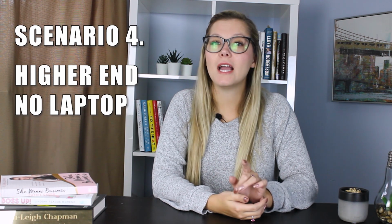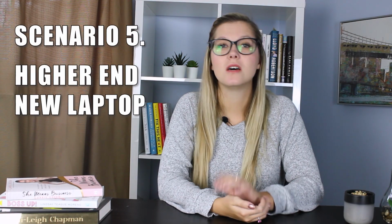Scenario 4, higher end, no laptop. Let's say that you wanted to invest now to save later, but you didn't have to get a laptop. Your cost will be around $3,500 to $4,000, depending on your location. And scenario 5, higher end, new laptop. Let's say that you wanted to splurge and luck wasn't on your side, or maybe you just wanted a new laptop. If we're looking at the higher end for everything, your cost will be around $5,000 plus, depending on your